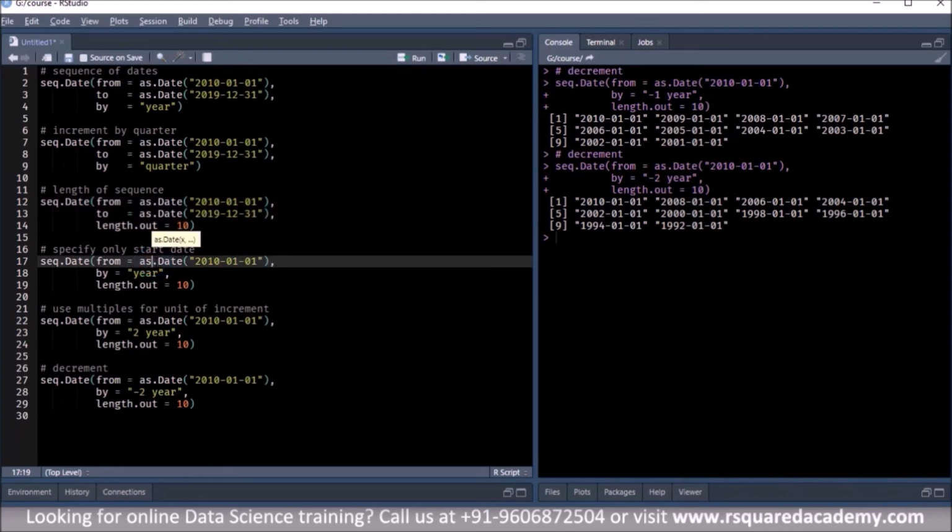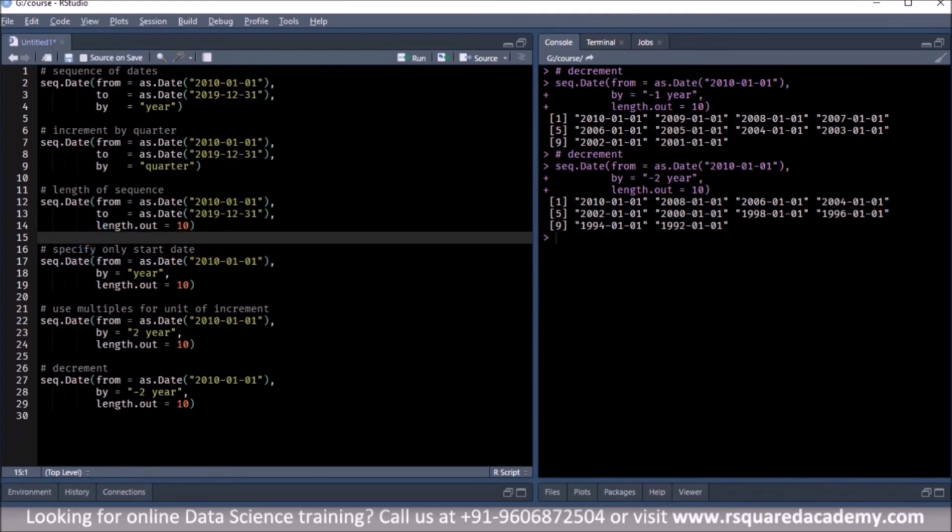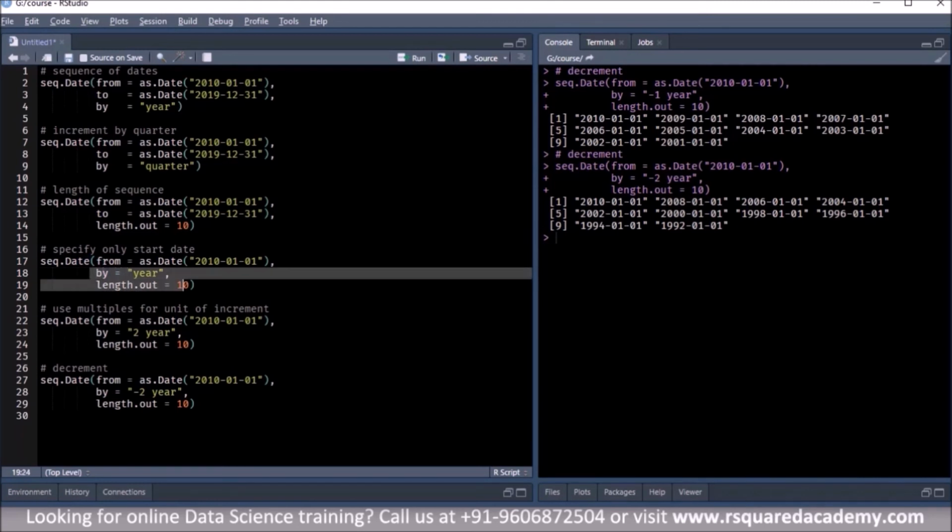Then in the next example, we only used the start date of the sequence and specified the unit of increment as well as the length of the sequence, and we left out the end date, right? So given these two pieces of information, that is the unit of increment and the length of the sequence, R will figure out the end date of the sequence.